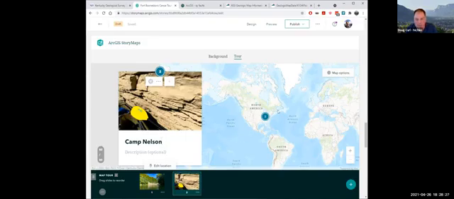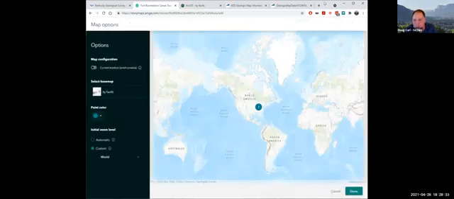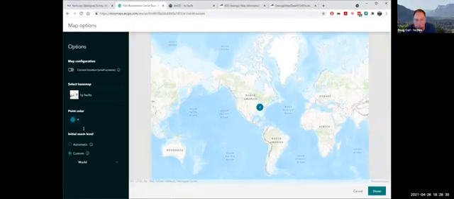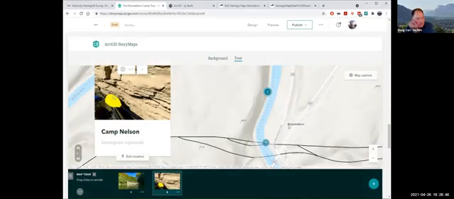And then I can again edit this map. I don't know why the zoom function, oh, there we are, okay. That's what I wanted. I wanted it to zoom in on where I was.